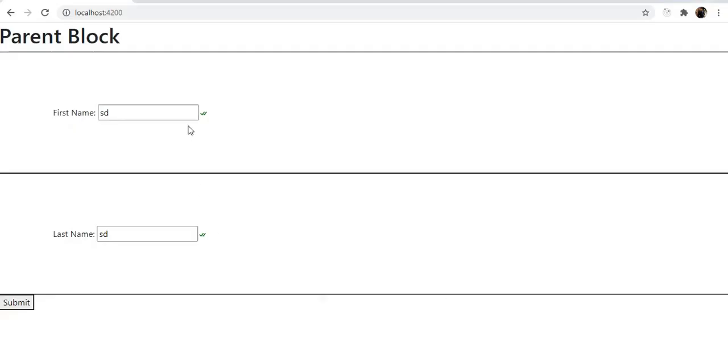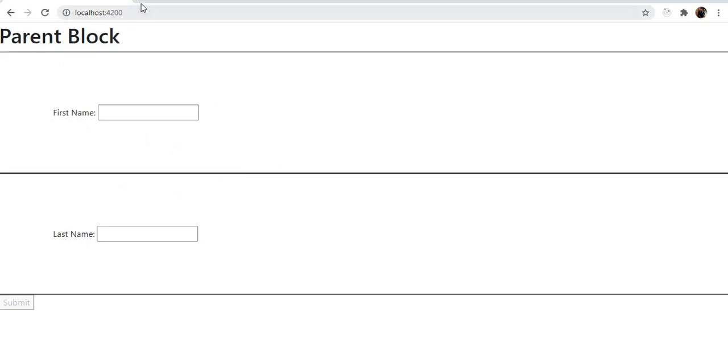Now the other thing we can check is this check will come into the picture only when the form control is valid, and if the form control is not valid, we'll put a cross mark or an error mark. Now you must be thinking, why do we actually need the base form component? Because we created the form controls within the individual child components, that's the first block and the second block, and we did not really use the base form component. But now you will understand why, because the moment I enter the first name, if it's a valid form field, then we see a check mark, and if it's not a valid form field, we show an exclamation mark showing that there is an error.